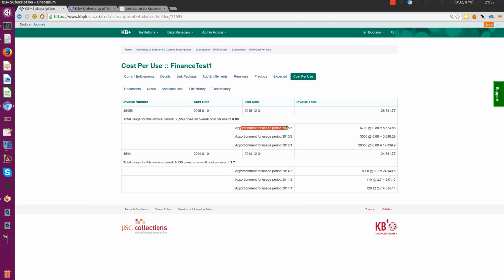The difficulty, of course, is that if one title gets used once, it's going to attract attention, whereas all those titles which aren't getting used are not getting reported on because there's no usage. But that almost means that their cost per use is infinitely high, because they're not being used at all, and you're paying for something. So really, this is a good time to critically think about what cost per use actually